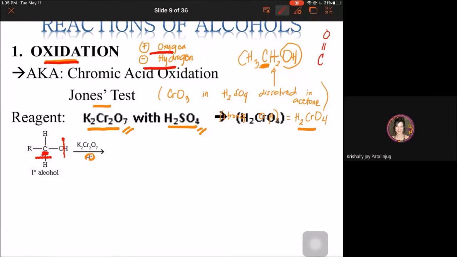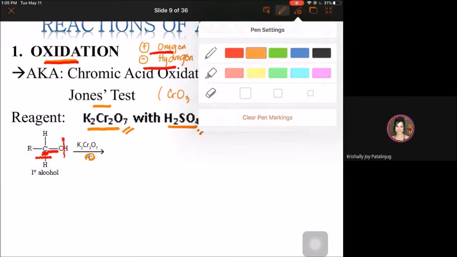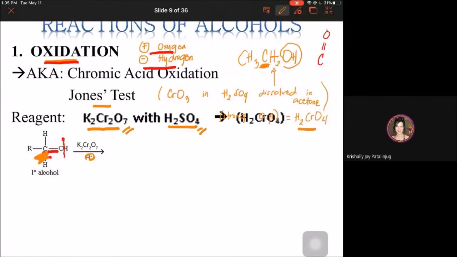Okay? Then that's the time you add oxygen via forming the second bond towards oxygen. Okay? Again, oxidation man, removal of hydrogen. Di ba? Pag deprotonation, okay, unstabilize ang oxygen. Okay? Padayon, oxidation, remove hydrogen in that alpha carbon, then add oxygen via forming the second bond towards oxygen. Okay? With that, ang na-form is